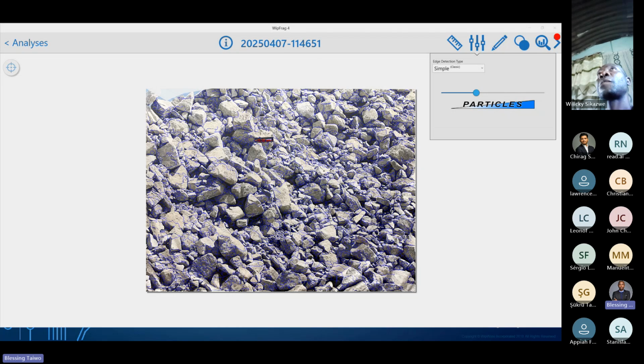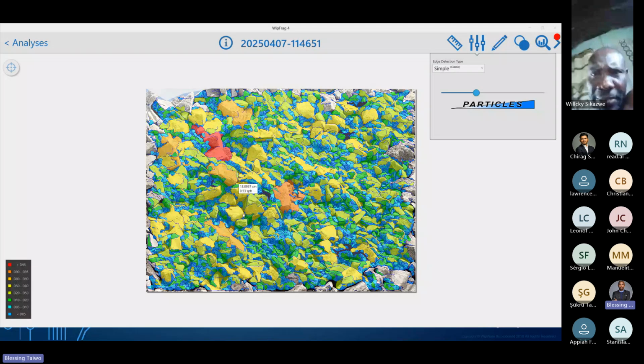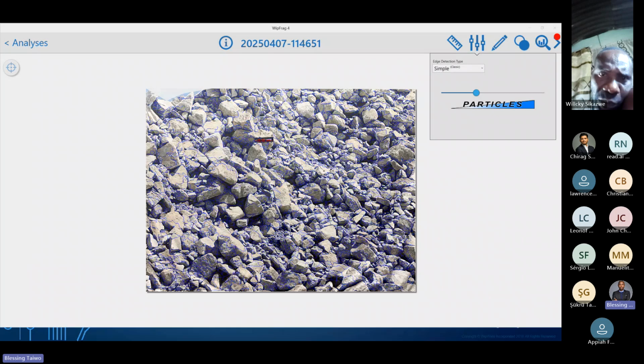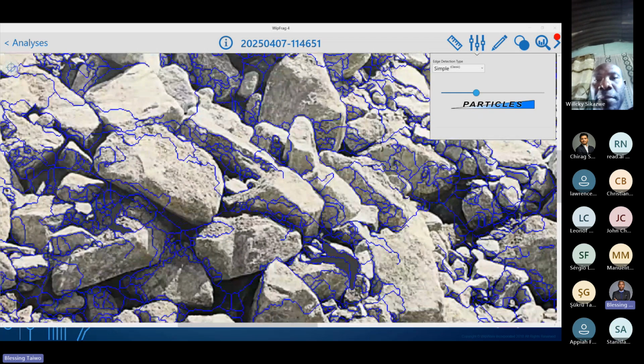As I've mentioned earlier, this approach requires long editing time. You need to edit the particles so you have a perfect edge that fits your interest. How do you know when you need to do editing when using image analytics? As I've said, this technology allows you to manually edit the analysis if the edges are not well defined. Let's take, for example, this particle here.